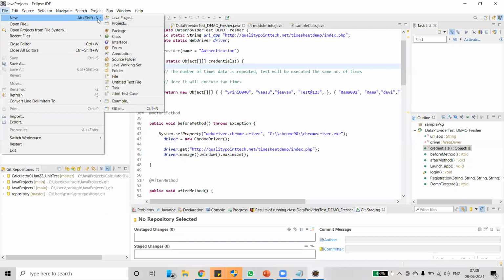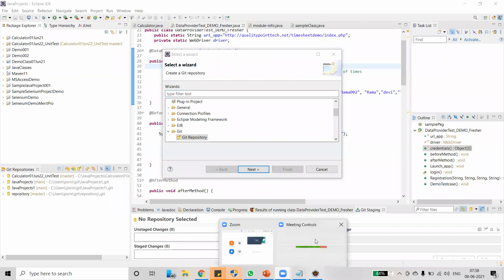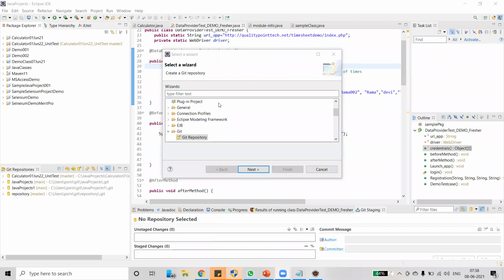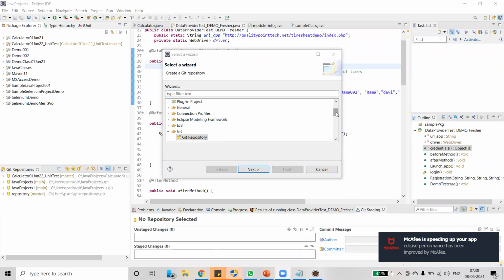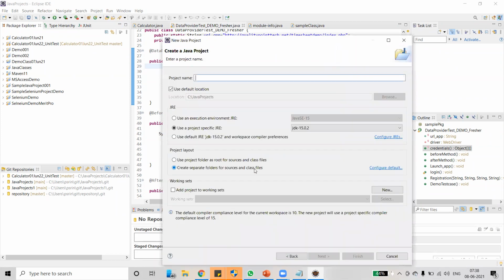Java program. Otherwise you can go to Other also. You can go to Java Project. Here you can see Java Project. Just click Next.